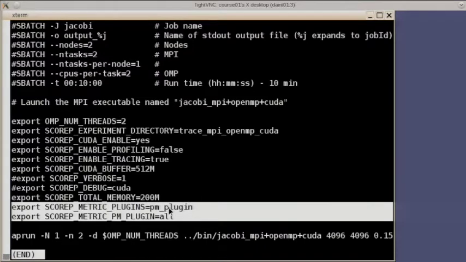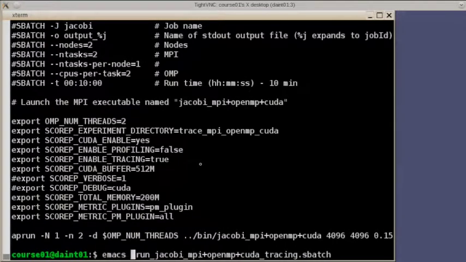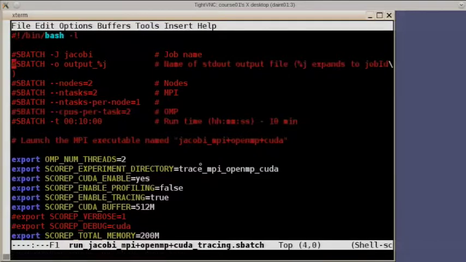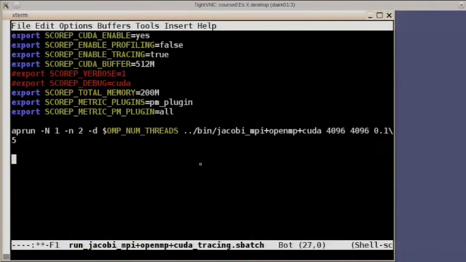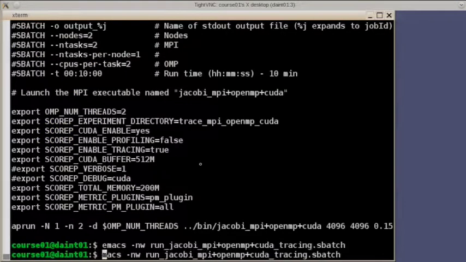One thing we might want to update is to fix the issue with the OpenMP num-threads. So using CPUs per task equals 3 in that case, leaving that at 2 and using 3 down here. So we don't have the problem with our CUDA background thread interfering with the OpenMP part. Okay, that should be it.